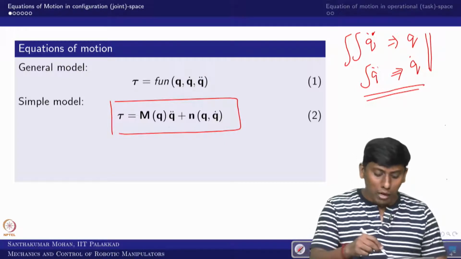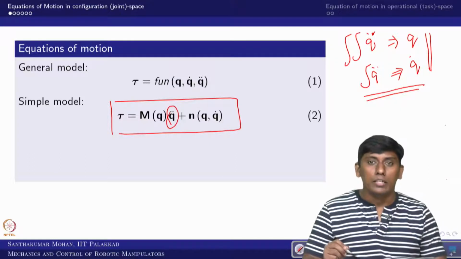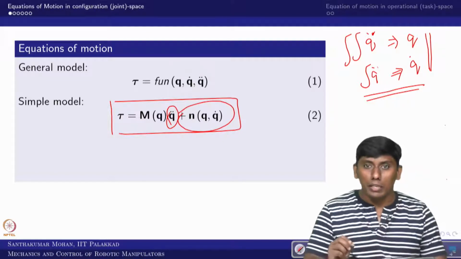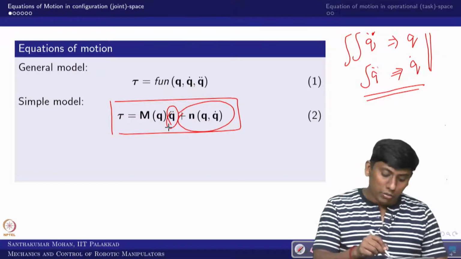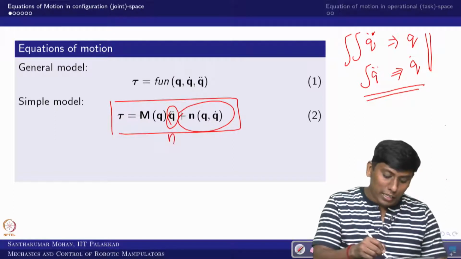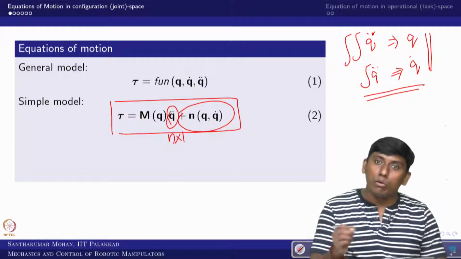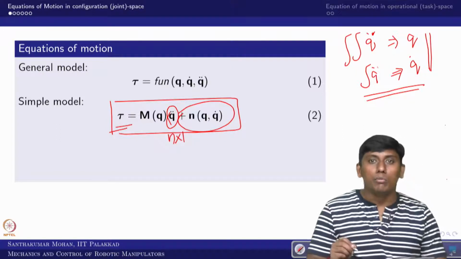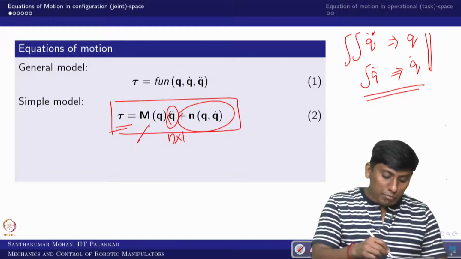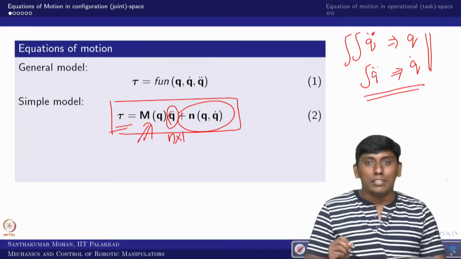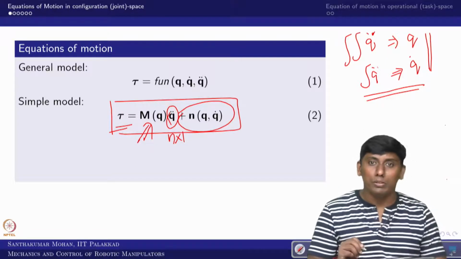So you need to have a separation of q double dot. That separation will come so that one side has no acceleration term, and the other side has the acceleration term alone, where we take an n cross 1 vector. The coefficient of this n cross 1 vector in the tau equation gives a coefficient matrix, which we are going to call the inertia matrix. We will see in detail the properties of this inertia matrix, but this is the simple model for numerical integration.